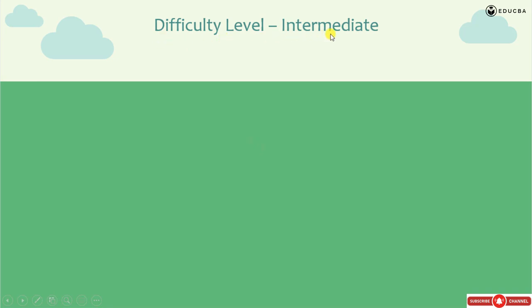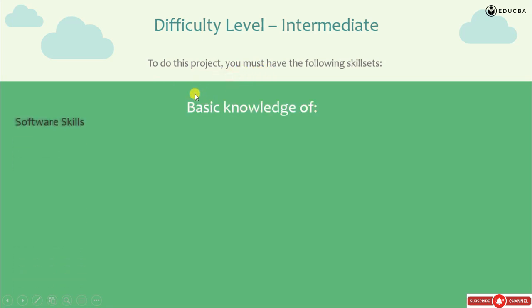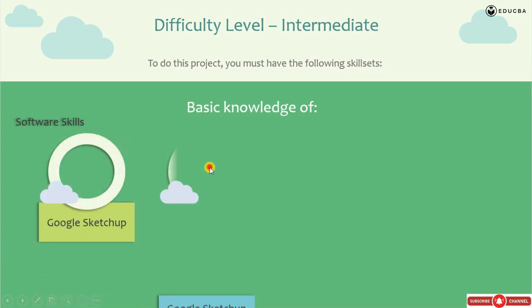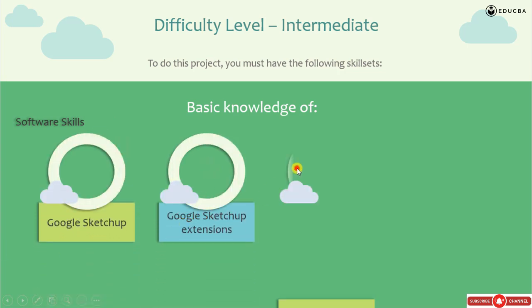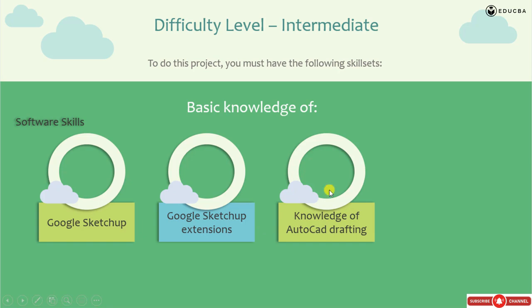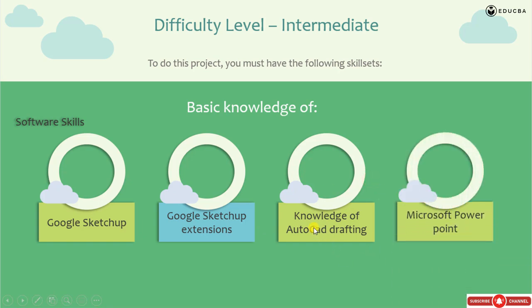The difficulty level of this course is intermediate, and you should have the following skill sets for doing this project. The skills are categorized into two categories. First is software skills and second is human skills. So you should have a basic knowledge of software skills like Google SketchUp, Google SketchUp extensions, knowledge of AutoCAD drafting, Microsoft PowerPoint,